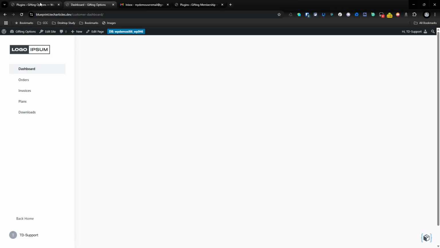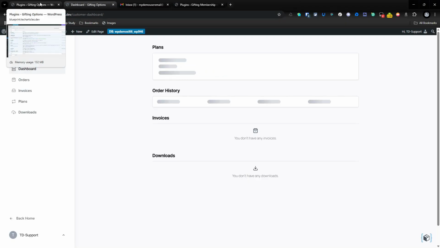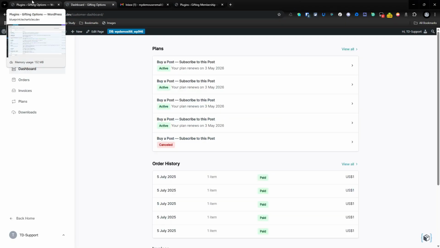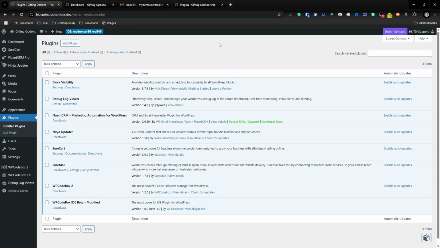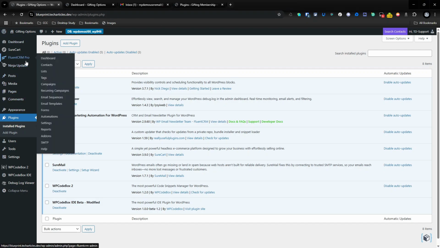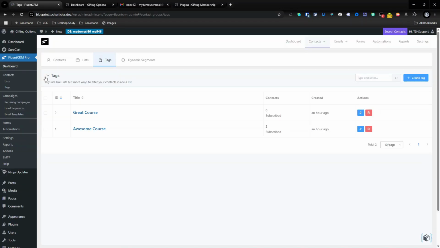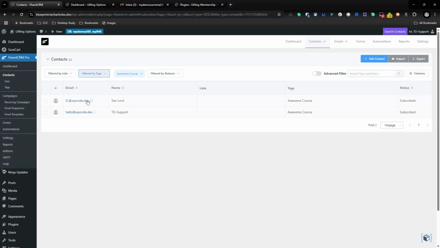So I'm going to check that out. So the person who's gifting the membership has checked out now. We're going to head over to our dashboard, go to FluentCRM. It's actually not FluentCRM Pro, this is the repo version of FluentCRM. We're going to go to tags, and you can see now we've got 2 subscribers, and the second subscriber is